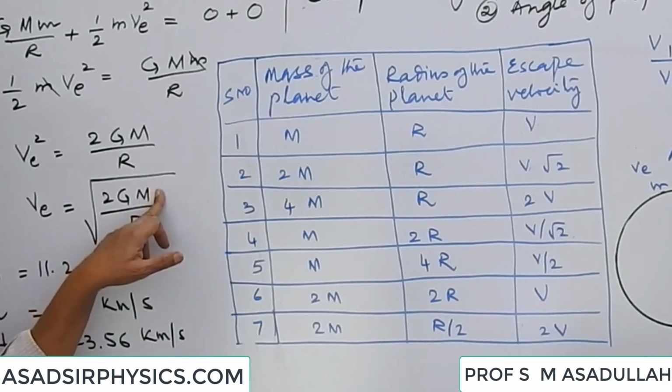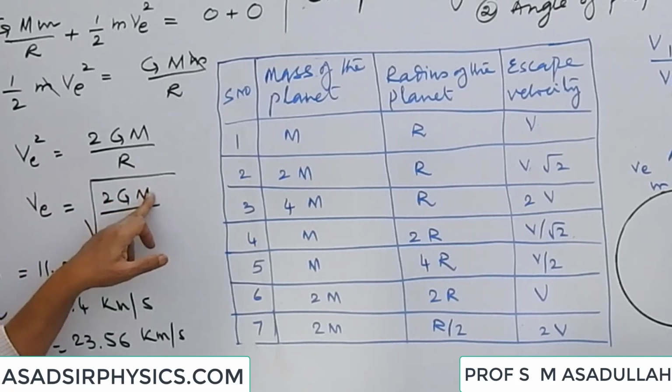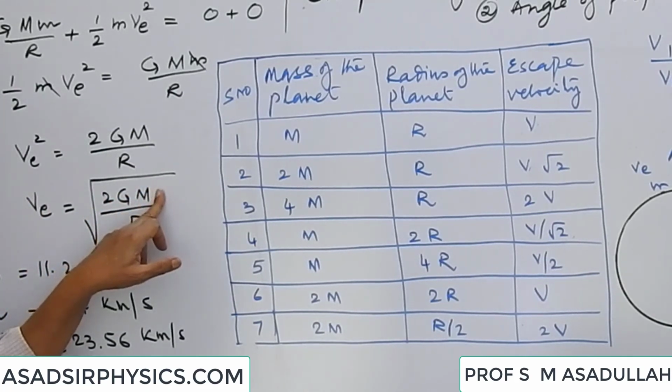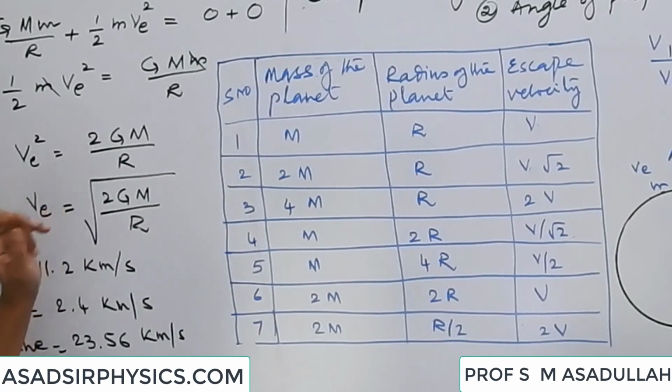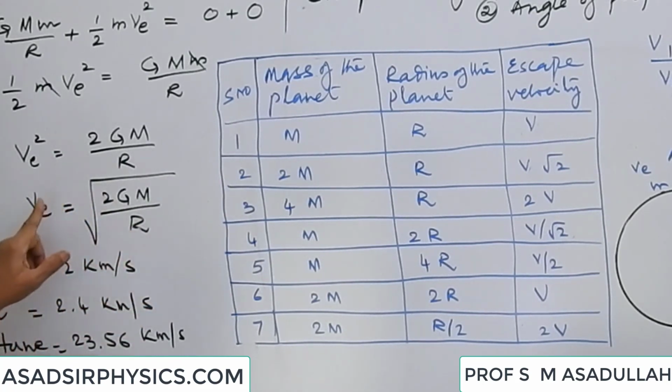If mass is increased by 1%, escape velocity increases by 0.5%. If mass is increased by 2%, the escape velocity will increase by 1%. If radius is increased by 2%, escape velocity decreases by 1%. I hope it is clear to you. Now,